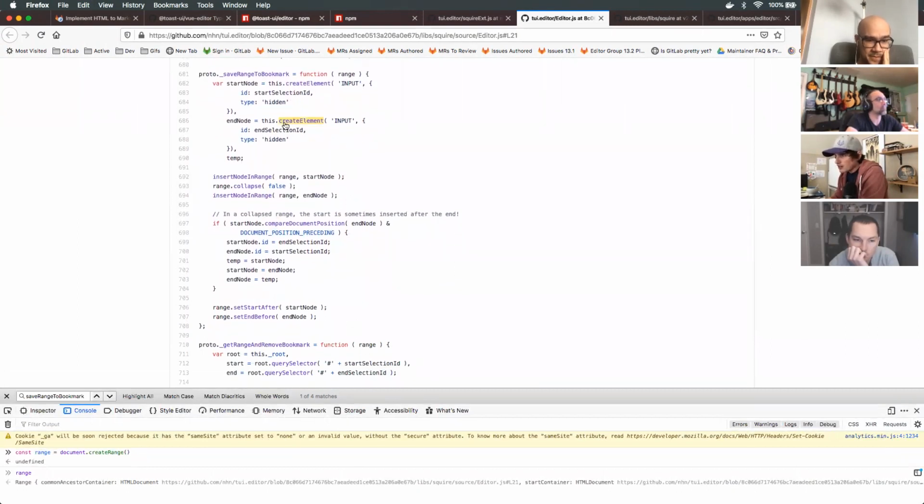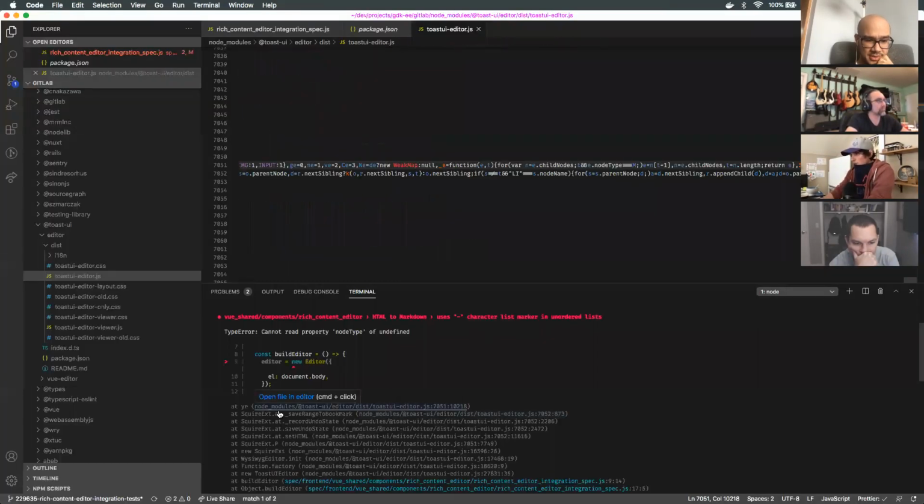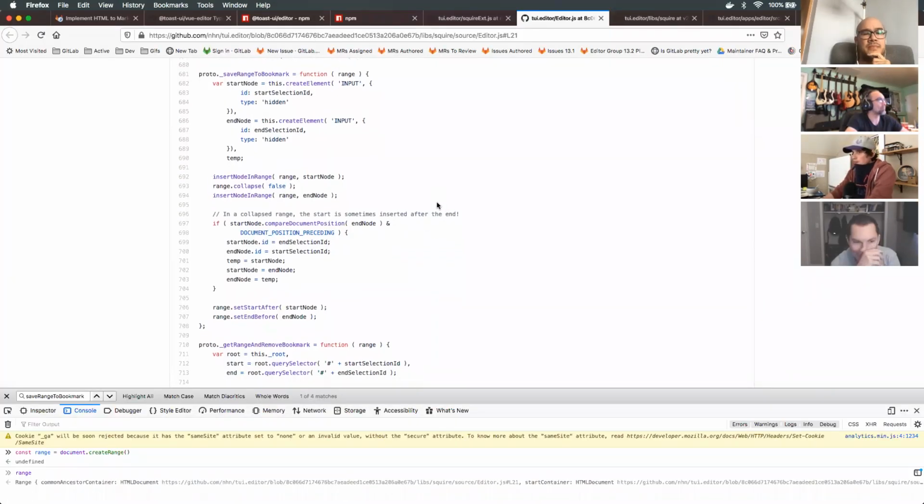I would expect calling, oh, maybe create elements isn't doing its thing. Insert node in range. Yeah, I wish I knew what this function was, and it's really hard to tell what's going on here. Oh, we're doing something for all of our child nodes. So I wonder if it is insert node in range where we're doing,